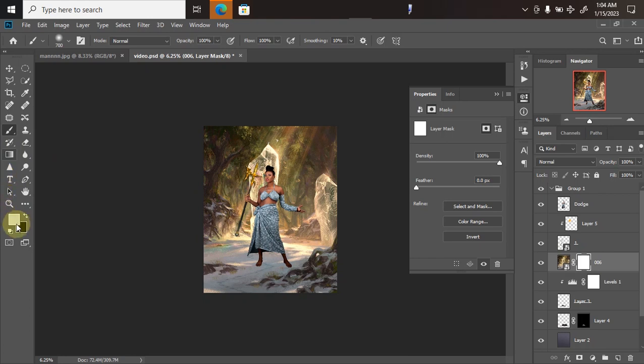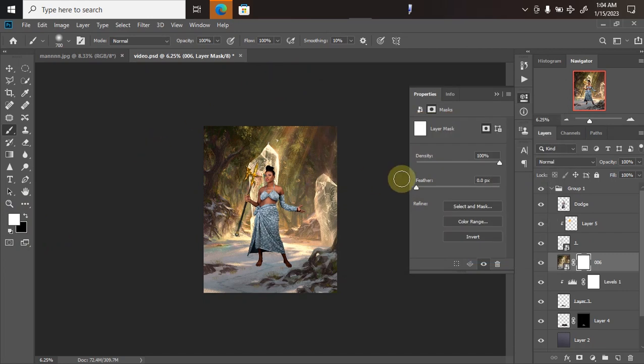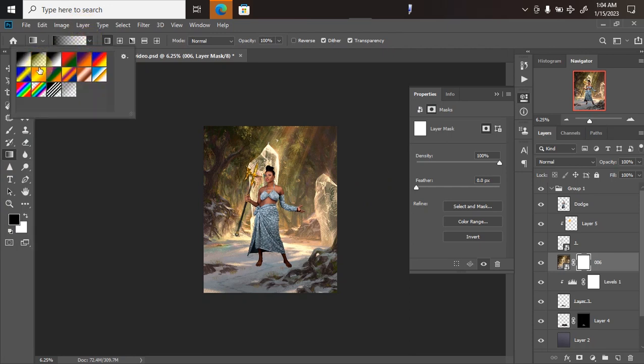Before I pick up my gradient, I'll make sure I turn it to black and white. So here has to be white. This other side has to be black. Make sure my black is turned on. Then I'll pick my gradient. I'll make sure I pick this second brush over here from black to nothing, and make sure I'm clicking on